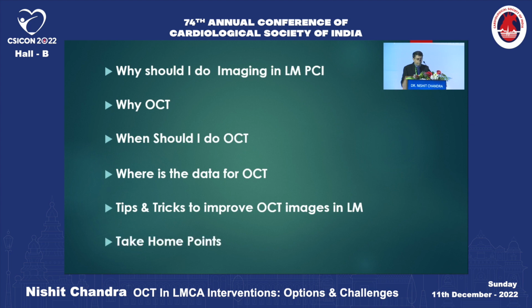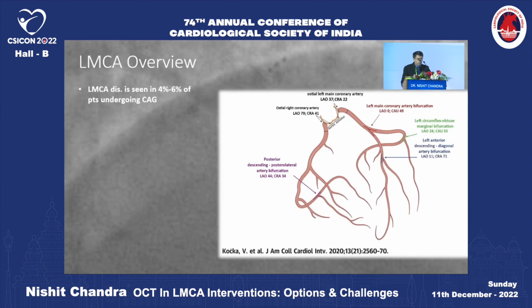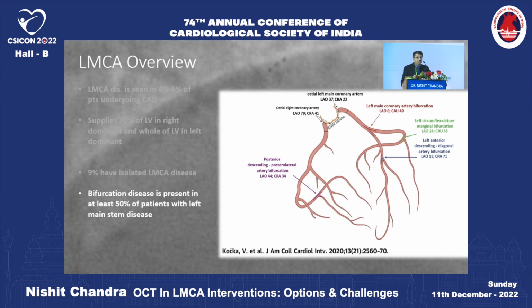in the left main? So coming to the left main, it's not that uncommon. It's seen in 4 to 6% of the patients undergoing angiography, supplying 70% of the LV in the right dominant system and almost all in the left dominant system. 9 to 10% of the cases have only isolated left main disease, and bifurcation disease is the most common presentation. And even in acute coronary syndrome, 4 to 7% of the patients have significant left main disease, which we should